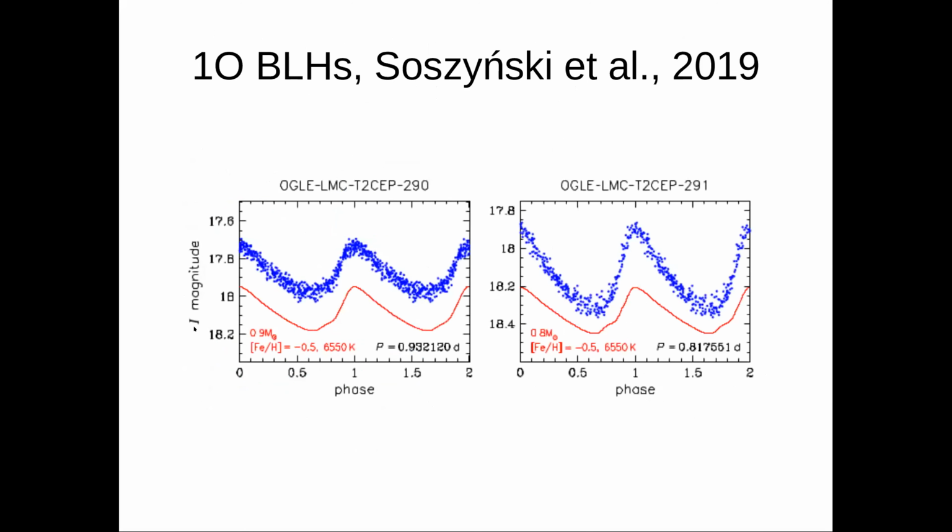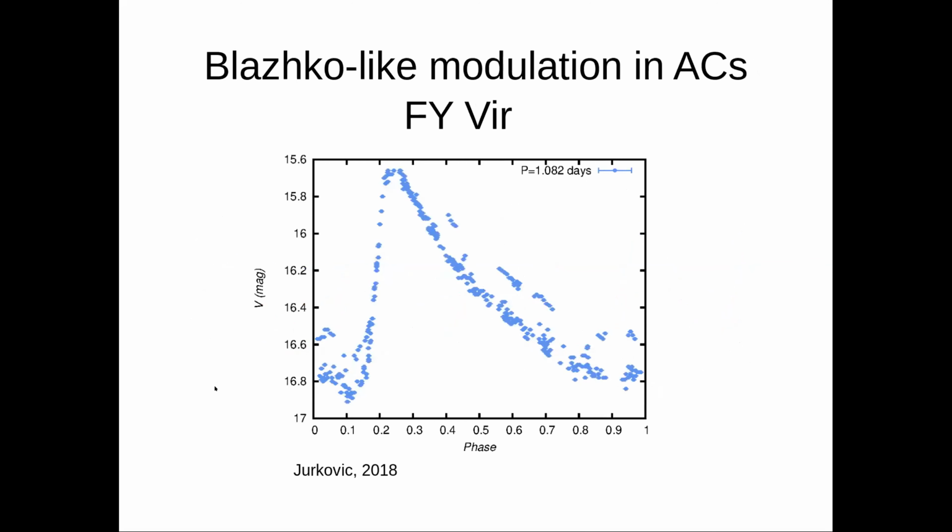And if you look at another result, also from the OGLE database, you can see that there are now first overtone, explicitly first overtone type 2 Cepheids observed in the LMC. So these are the first ones of such kind observed in the LMC. The blue is the phased light curve as it is observed, and the red one is the model that confirms that it is a first overtone. Maybe it is interesting to note that the masses are a little bit higher than we suppose that they are. That's an open question. So what else can be observed?